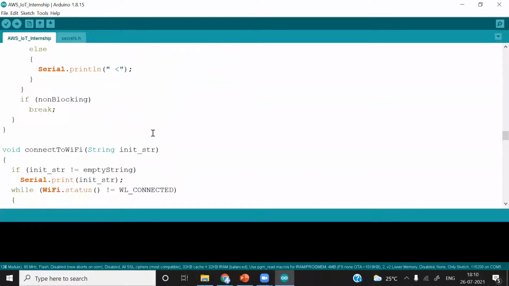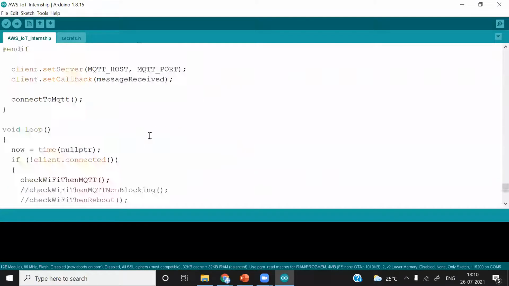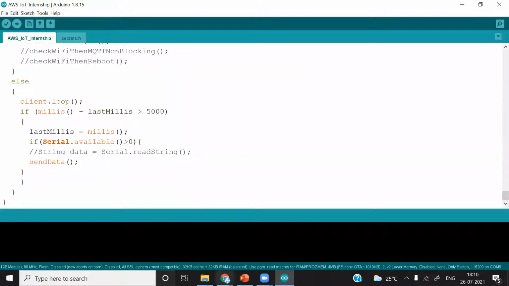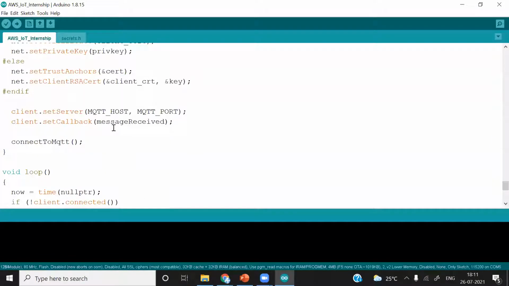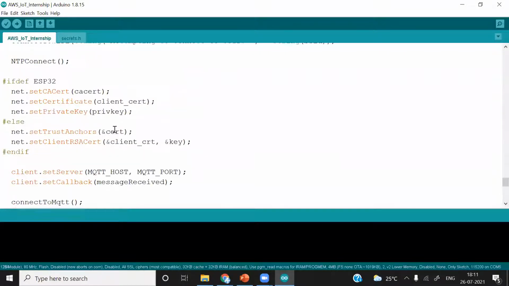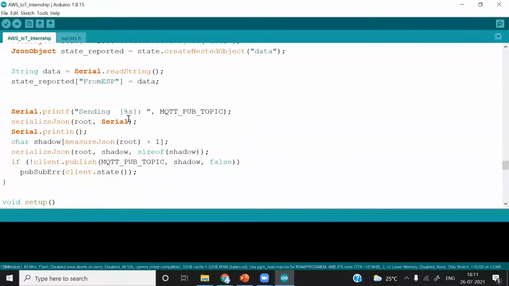After this, I will first go to the while loop. In the while loop, we are sending data from this. Okay, we are calling send data from here. You can see that in this loop, I have applied this condition. If Serial.available is greater than 0, that means if we have received any data into the serial buffer, then call this function. And after calling this function, whatever data is available in the serial buffer, we are reading that data.